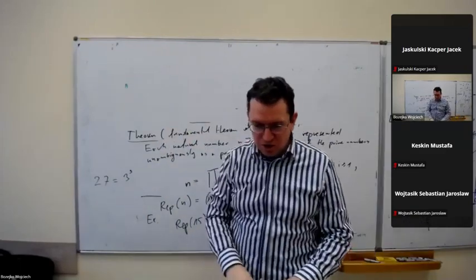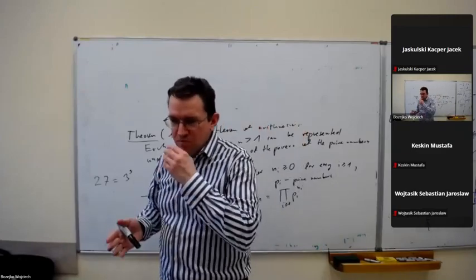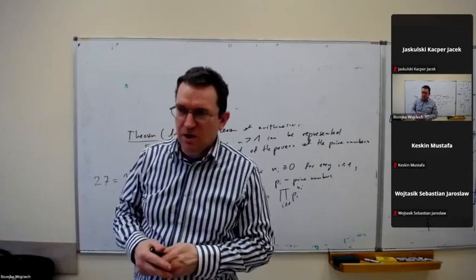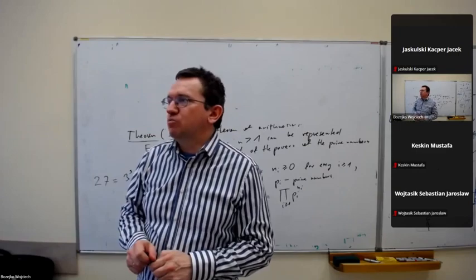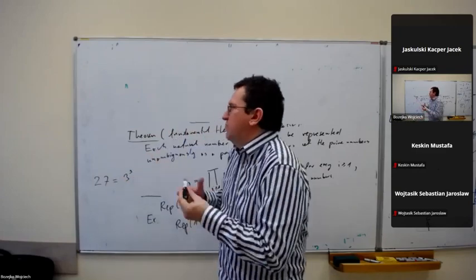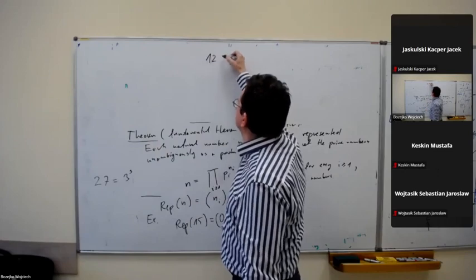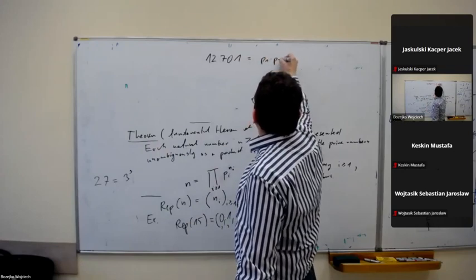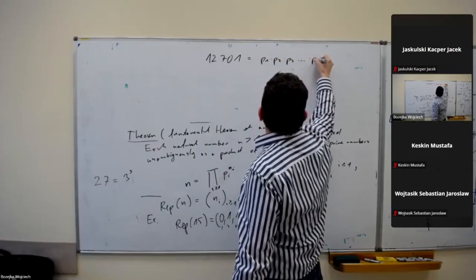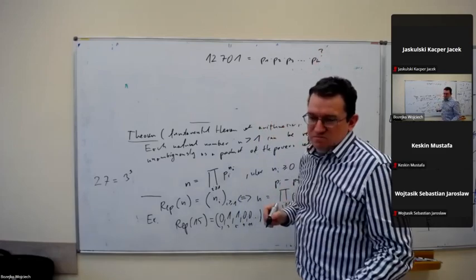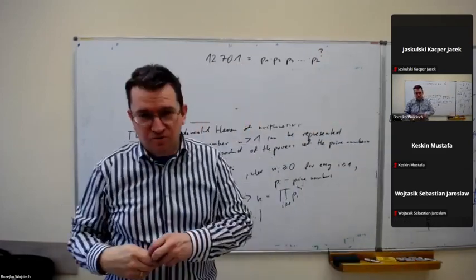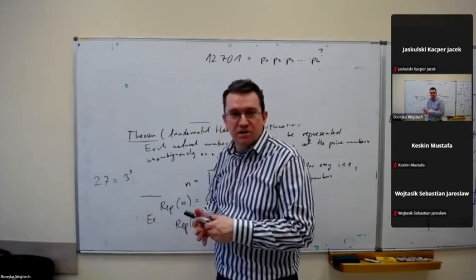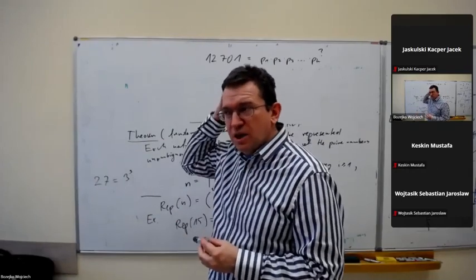And in fact, this is a hard question. Up to now, there are no working algorithms that make a factorization of a number in polynomial time. So if we have, let it be, 20,701, the question is what prime numbers are here. The only way we know is just to try to divide by 2, divide by 3, divide by 5, and so on, observing if we have right factors. I don't know any other algorithm.